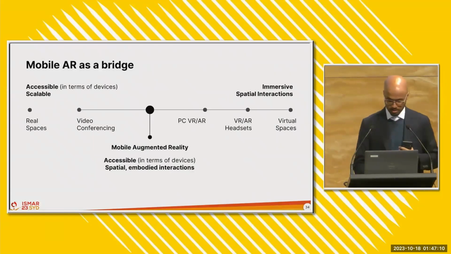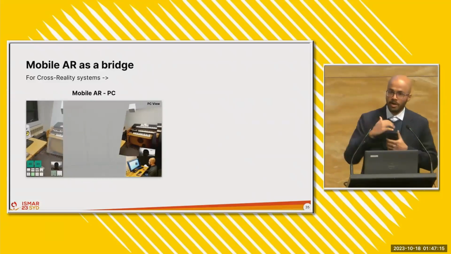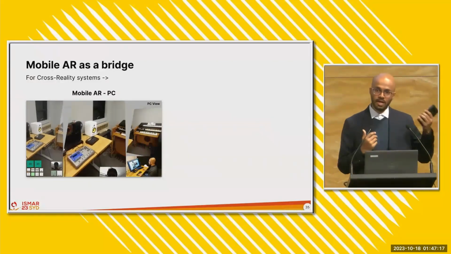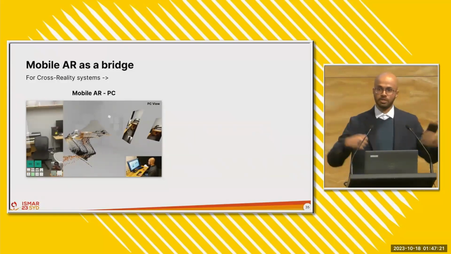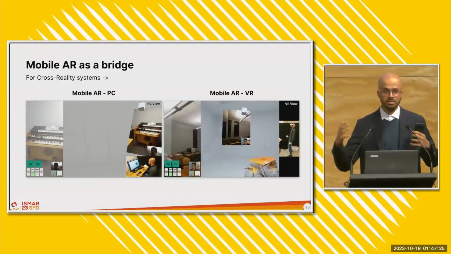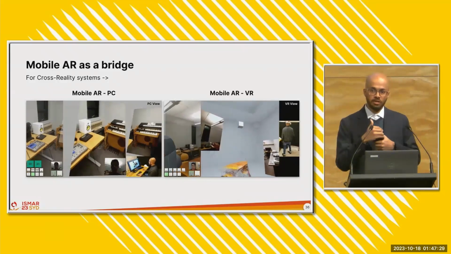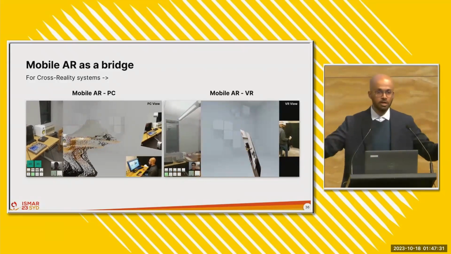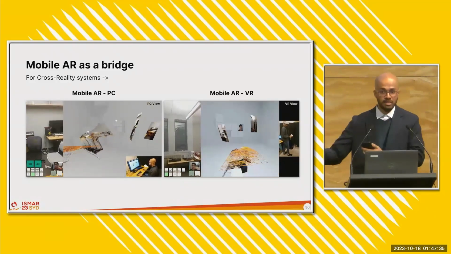And mobile AR, we believe, kind of bridges this gap by offering wider availability as well as spatial interactions. So imagine for a moment, what if Mozilla Hubs had a mobile AR version where you could use an app like DualStream to stream your real self into the virtual world and interact with things more spatially? Or what if applications like Tilt Brush, where you're modeling things in 3D, enabled people to use mobile AR to be outside, join a collaborative design session, and stream real-world assets in real time into the 3D design space?